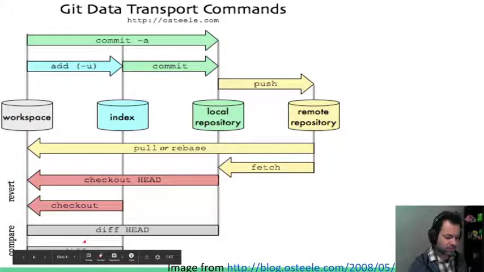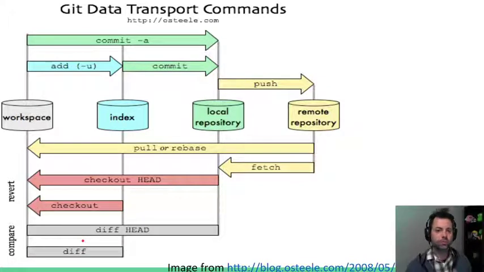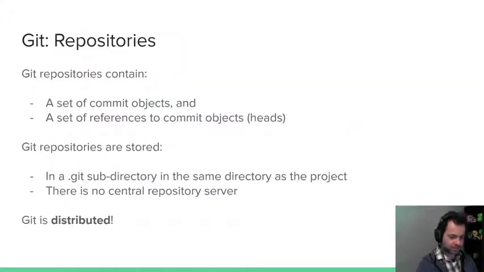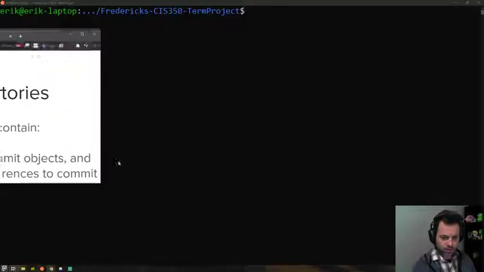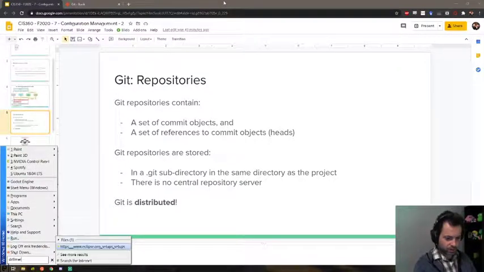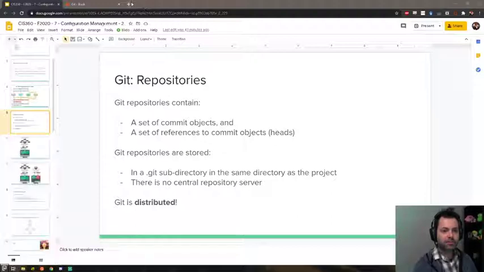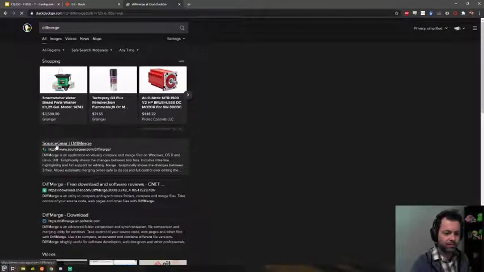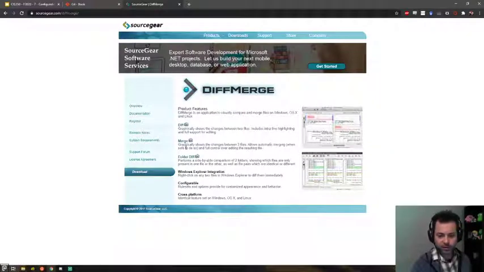Diff, I alluded to, this is where you're looking at differences between 2 files, between 2 folders, something of that nature. Sorry, let me do a quick little diversion here. Do I have DiffMerge on here? Super, super helpful tool if you're on Windows. I don't know if it's available on Linux, but DiffMerge. I've used this thing for years and years and years.